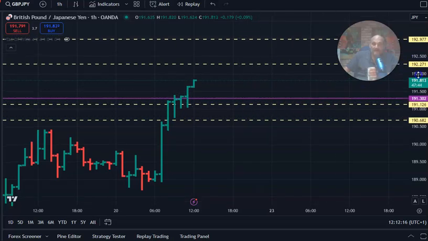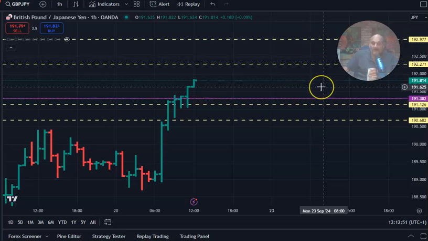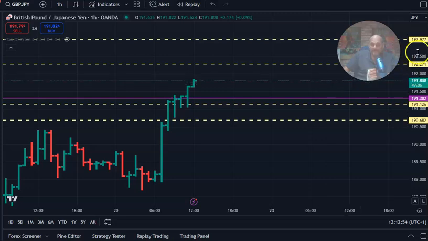Now, the main resistance for today right now, we're trading at 191.82. The first line of defense is 192.27. If it holds that, you could expect it coming back down to like the 191.70 levels again, 191.70, 191.60. But the main support for the day right now is 191.30. If it can get through 192.27, you're looking at an upper level of 193.